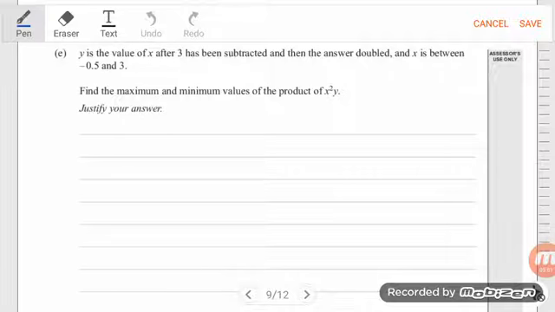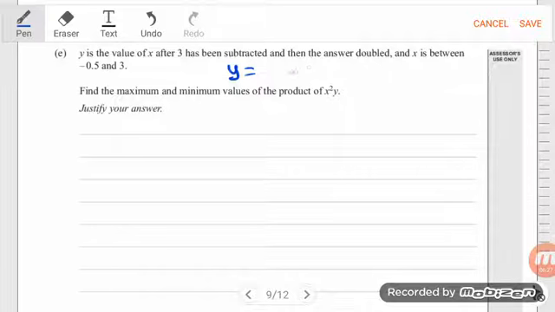Okay. This must be the last part of question 3 and the last question of the exam. Y is the value of x after 3 has been subtracted and then the answer doubled. Okay, so they want us to create an equation. They've already given us our variables, which is y and x. They've even given them labels for us. So y is the value of x after all of this. Okay, so y equals